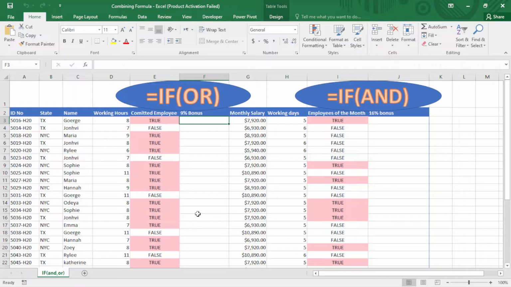Today our topic is about logic functions, and today I'm going to combine these functions. I'm going to combine IF with OR and IF with AND. So first of all, I want to find the 9% bonus. If the employee is committed, I will give them a 9% bonus. So it's pretty easy. I just use the IF function